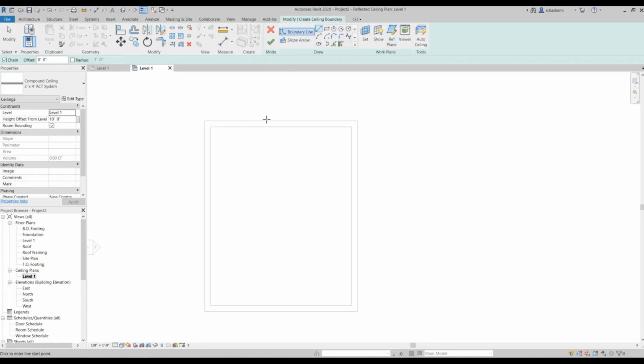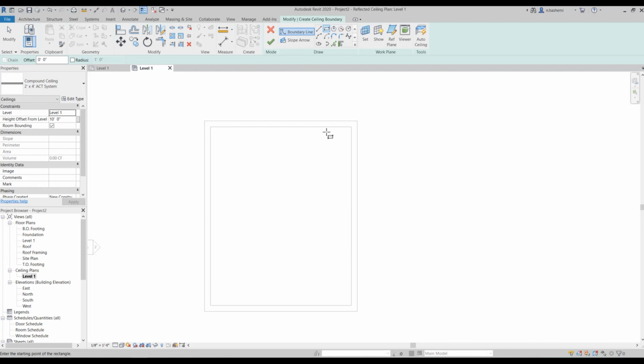This time I'm going to use the Rectangle tool. Something I want to tell you here is that when you are sketching the ceiling, if any part of your ceiling is touching the wall, then that edge of the ceiling is tied to the wall it is attached to. But if they are not touching the walls, they will be independent of them.